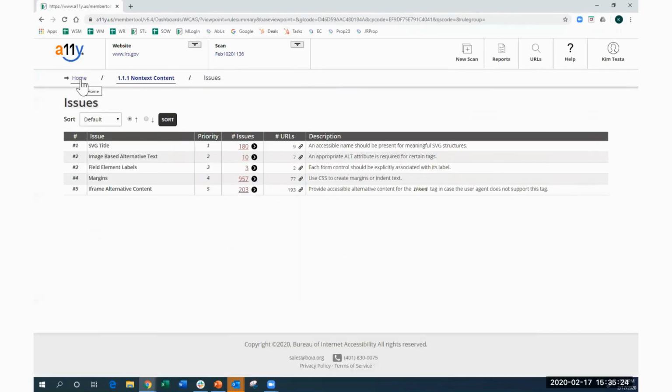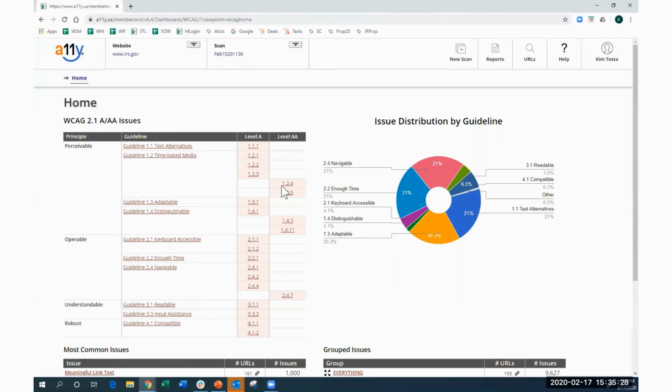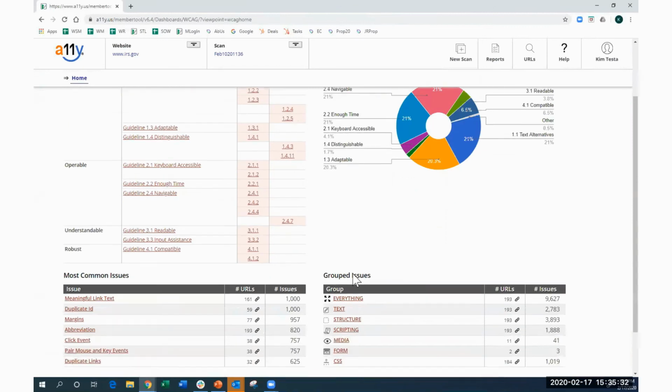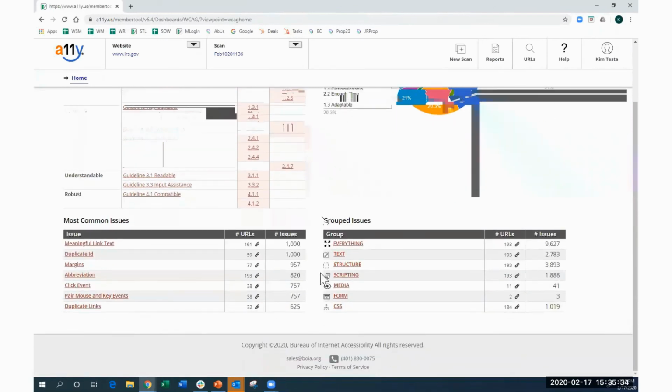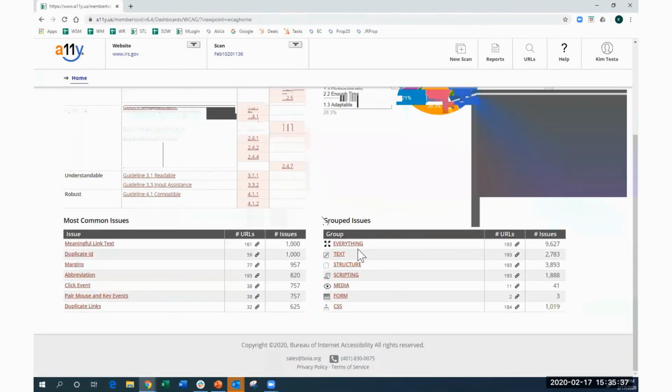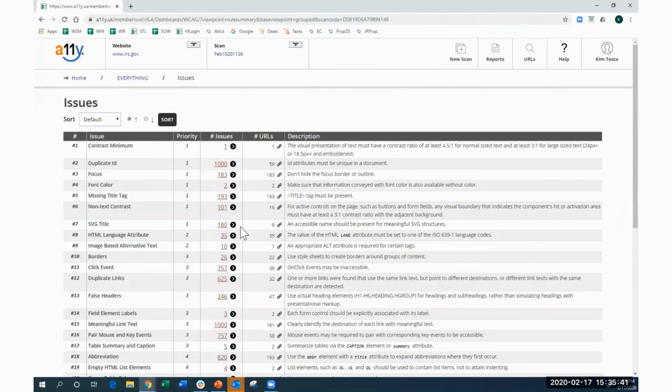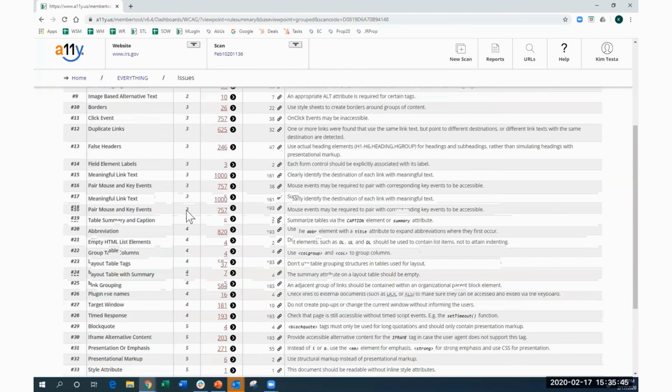This is the way the entire tool works. It's all based on a drill down, and you can get the same information in the 3 different ways. Developers typically will choose to use the grouped issues. If you wanted to look at all of the issues found, you would click this and it literally just pulls them all up for you in a prioritized list